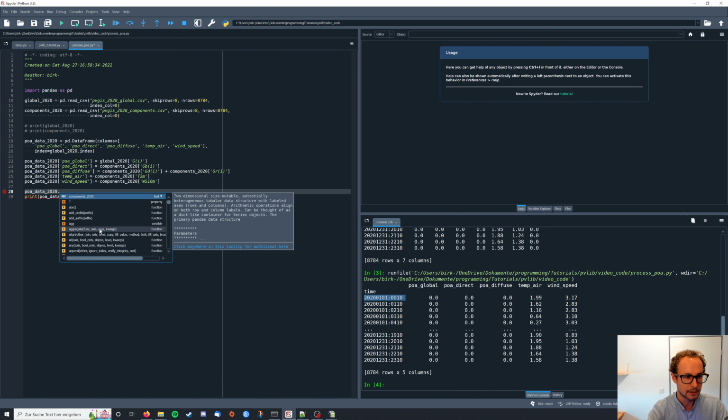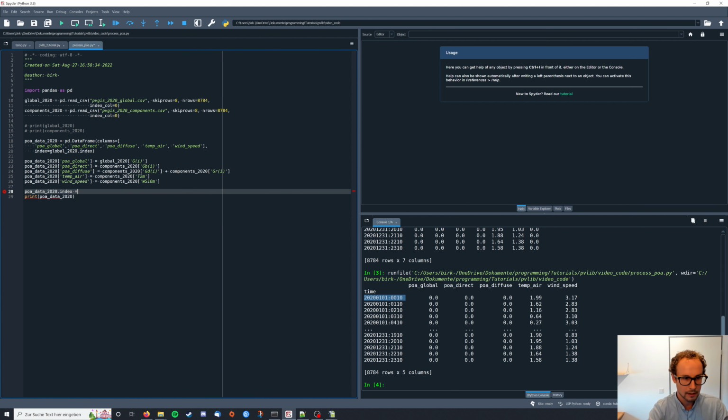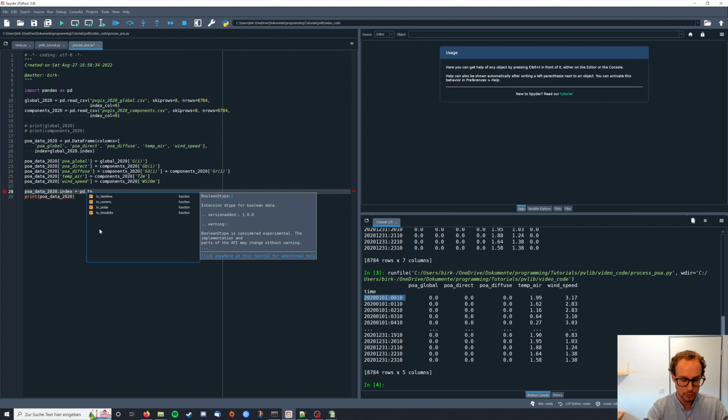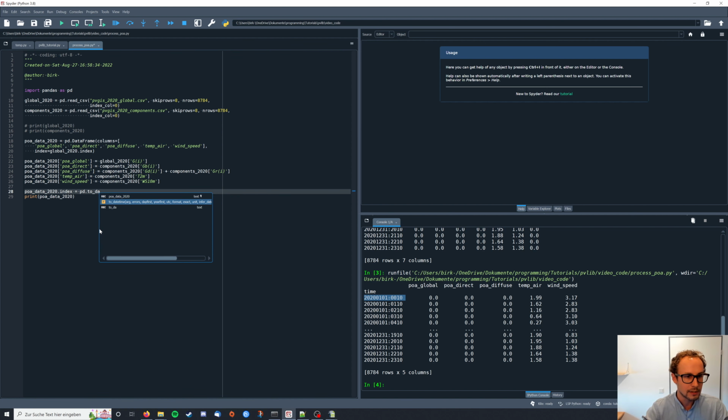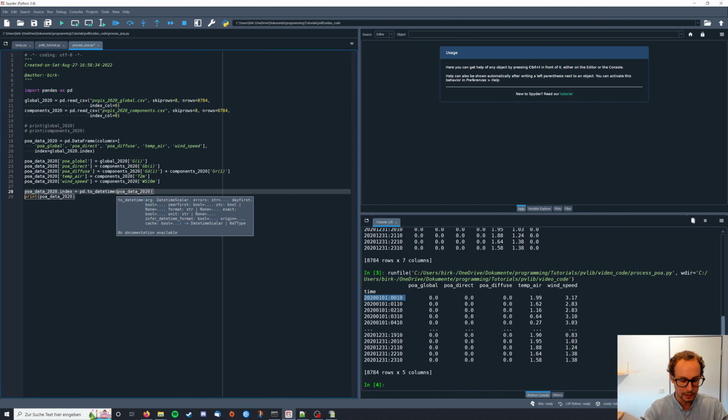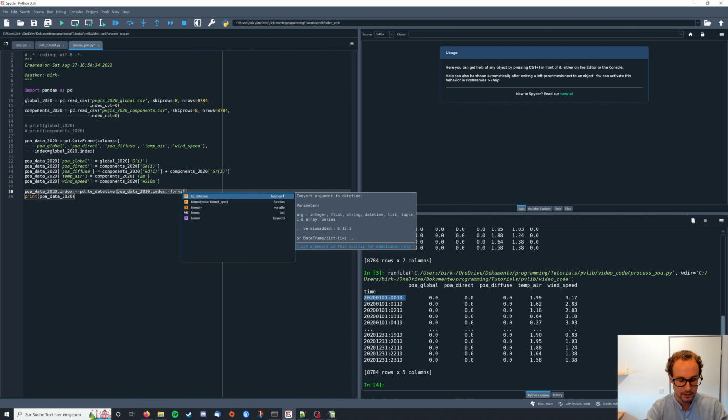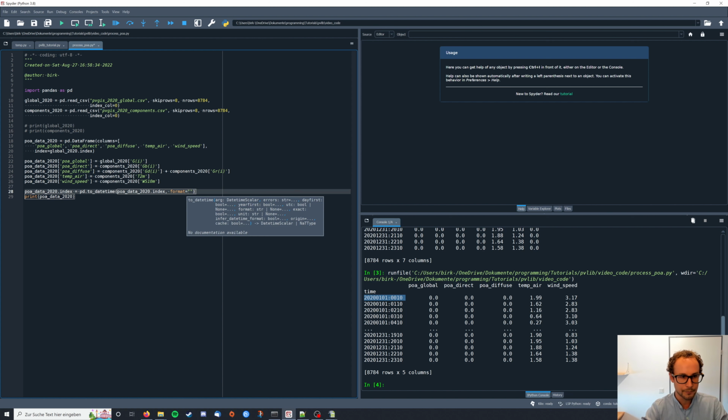POA data.index equals pd.to_datetime. There you go. And we need our index, and we need to define the format as a string, which is